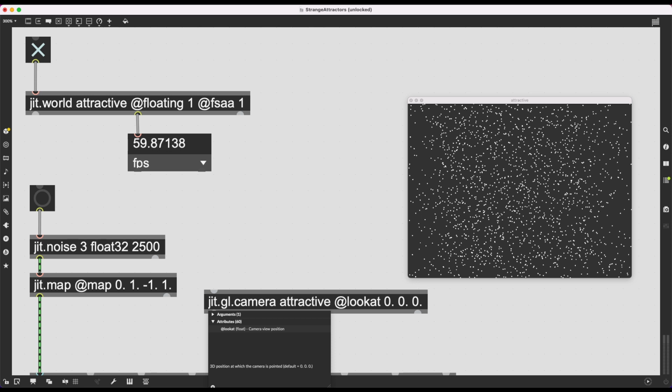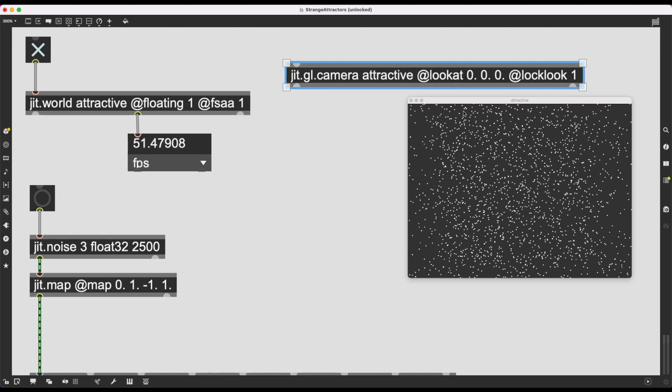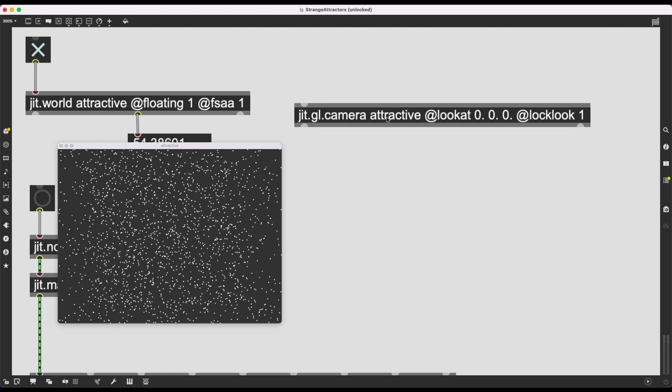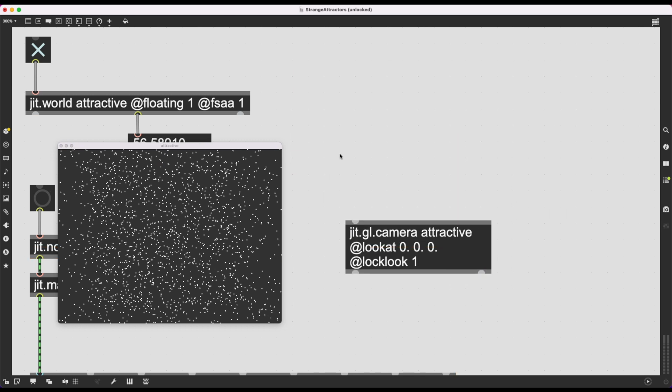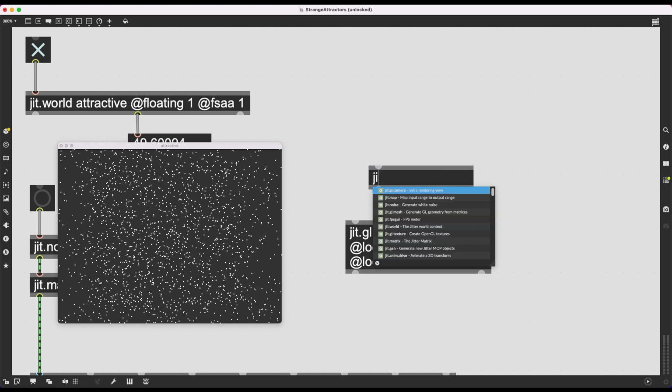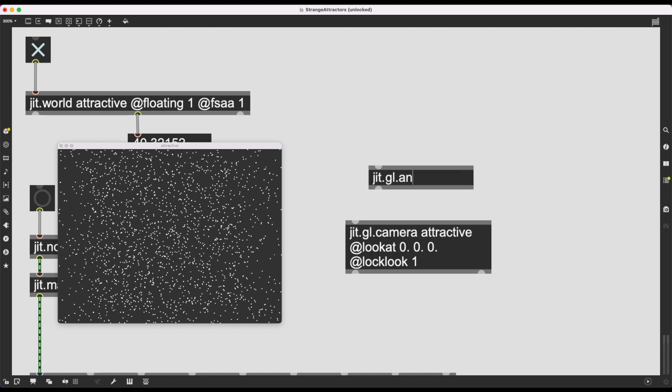So it should always be staring at the center point of the camera, and then look should be set to 1. So it should be forced to always look at the 0 point. So we can rotate around the 0 point and have a very nice visual effect. What I can also do is to use jit.gl, no, it should be